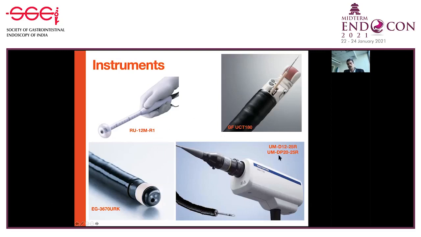This is a mini probe, UMDP2025R, with dual plane reconstruction abilities. Now this is what as endoscopists we most commonly use. This is a flexible radial US scope, and all probes from all companies have similar imaging characteristics. And this is a linear probe. To start the rectal evaluation with a linear probe is difficult because the anatomy is still not very well defined. We usually start with a rigid or flexible radial US probe and follow it up with a linear probe if we want to sample a tissue.